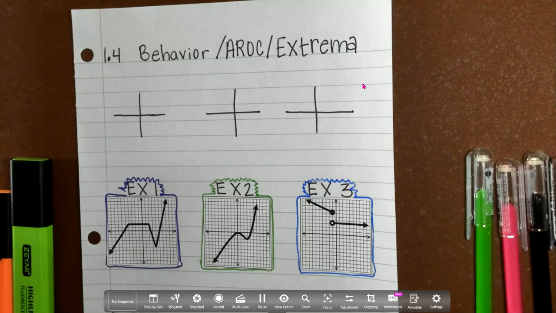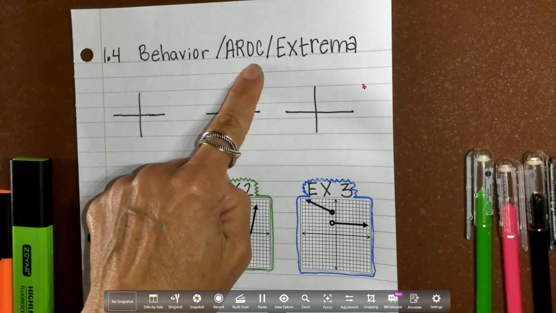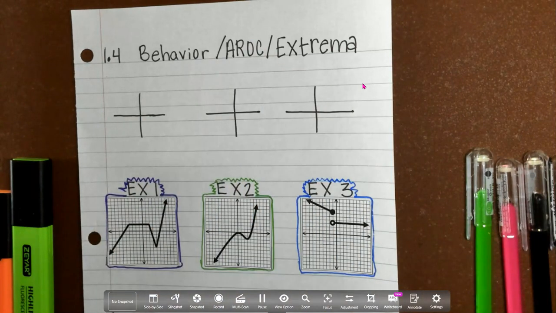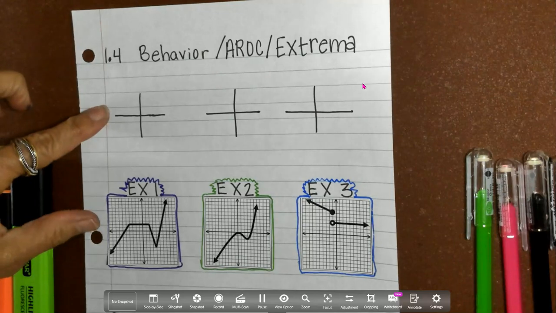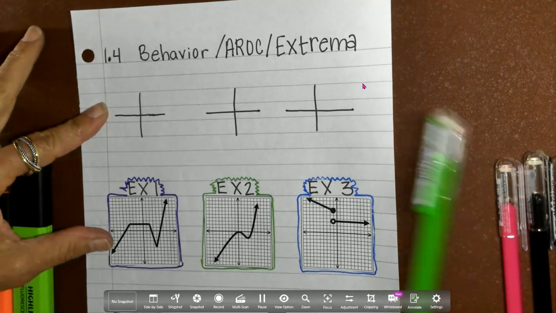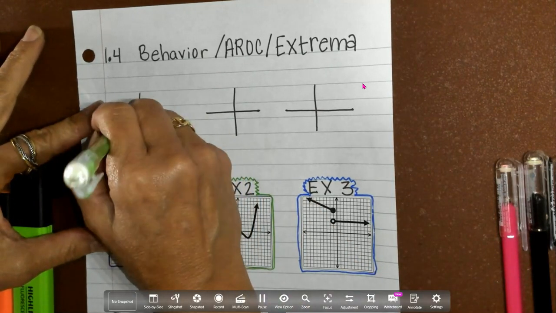1.4, we're going to describe behavior of graphs. This stands for average rate of change, and there's going to be extrema in graphs. So after you filled out your template on this right here, if you could please, we are going to draw